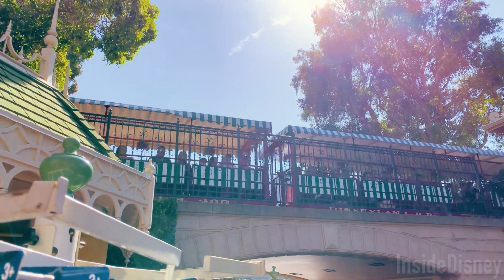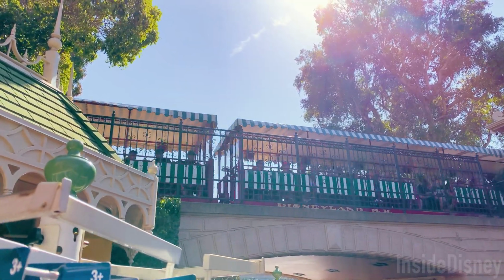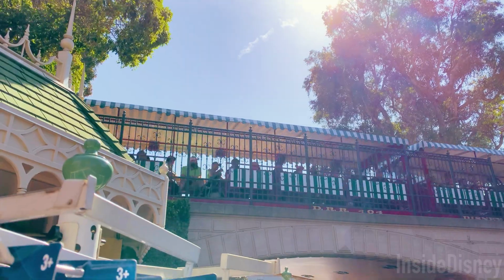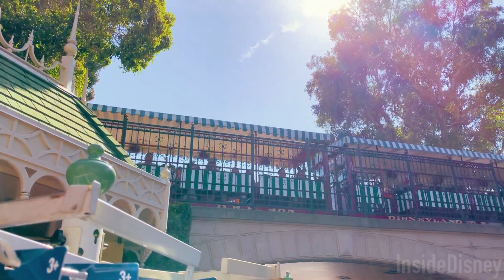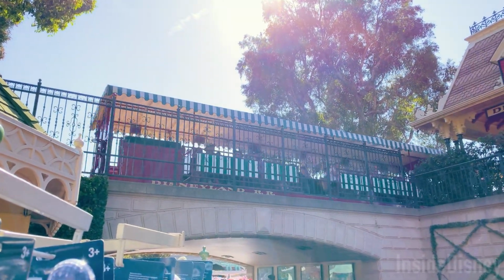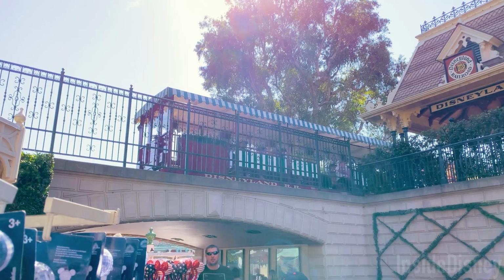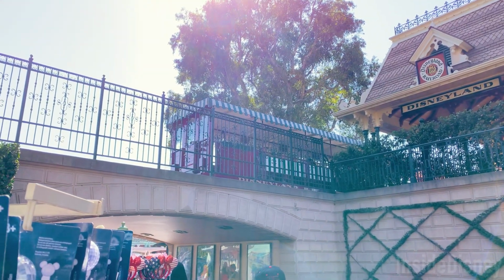Your attention, please. The Disneyland Limited now loading for a trip around Walt Disney's Magic Kingdom. The Grand Canyon and Primeval World. Stop at Frontierland, Big Thunder, and